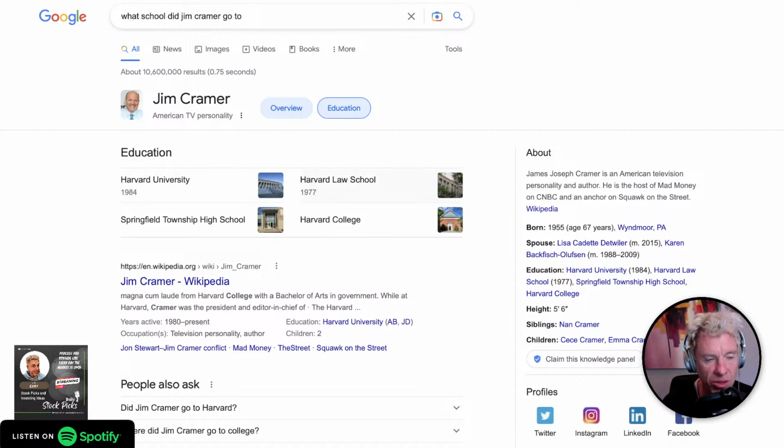Harvard Law School. Jim Cramer's not dumb. Jim Cramer's just a moron. I mean, he's a monkey. My problem with Jim Cramer is not that he's bad at his job. He's just like everybody else. My problem is when Kathy Woods performed poorly last year, he made fun of her and said she should get out of the business, that she was just ridiculous and blah, blah, blah.